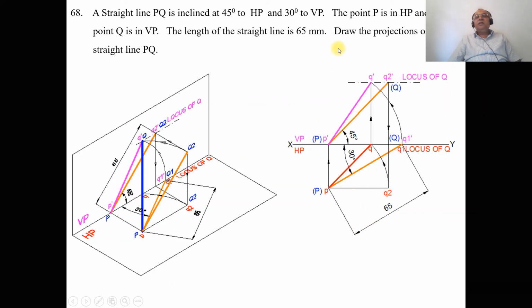Since we have been asked only to draw the projections, we have drawn these projections, and we need not find the true inclinations, the apparent inclinations or the apparent length. It is not required as nothing has been given to find out. So this is how you write the solution by using the sketchbook.